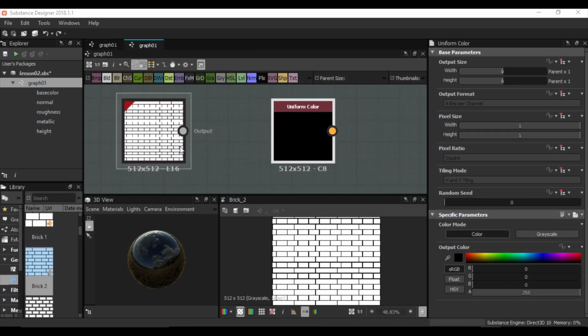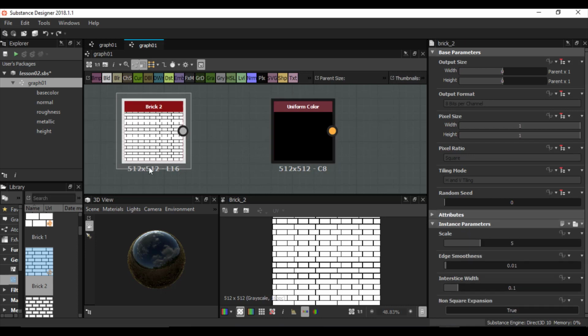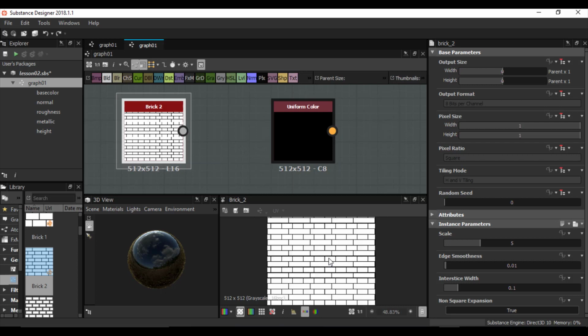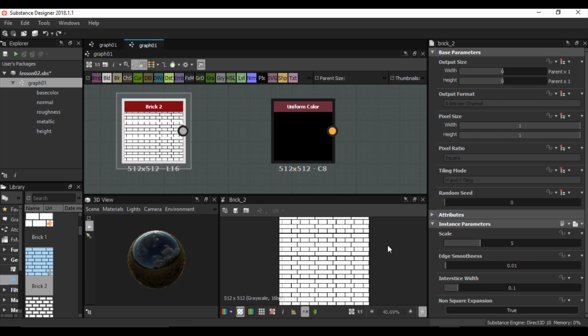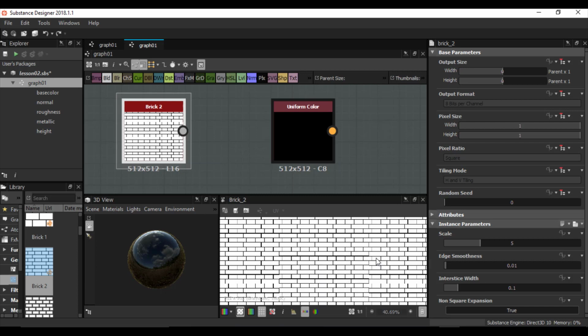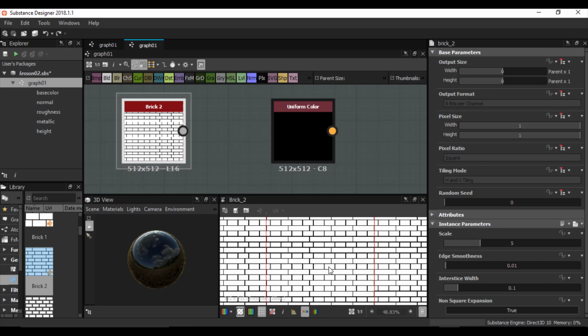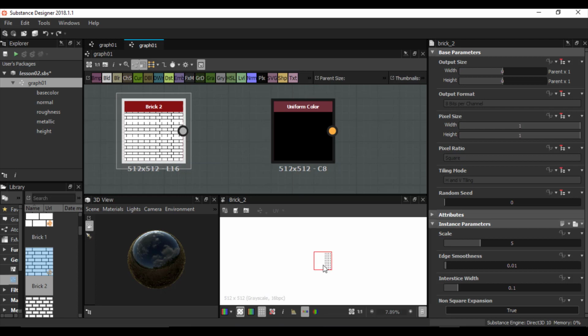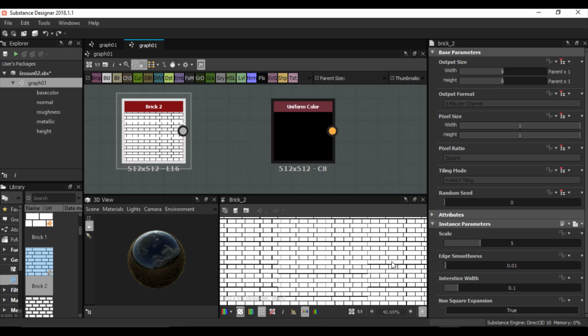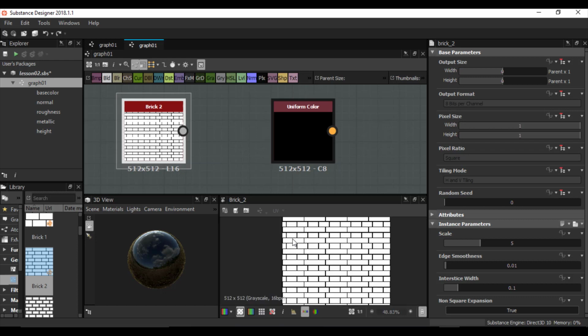Alright, another thing about 2D view is, for example, when I select this brick node pattern, as you see, I see in my 2D view this brick is tileable, and for seeing the tiles of this brick, I can click on the space in the 2D view. If I click on the space, I can see all the tiles of the bricks. As you see, I have tiles, and if I click on the space again, the tiles will disappear